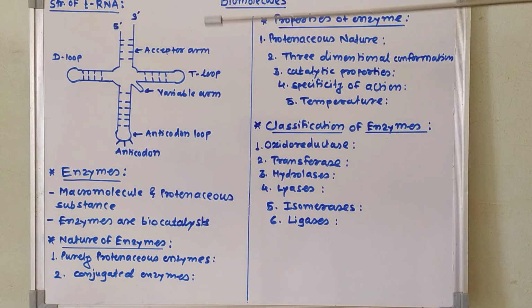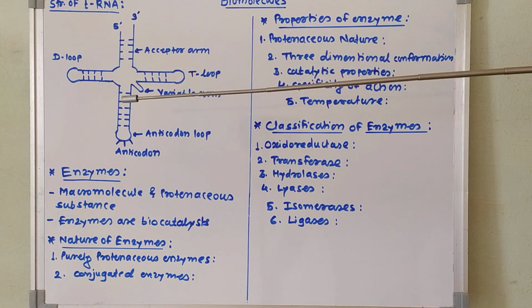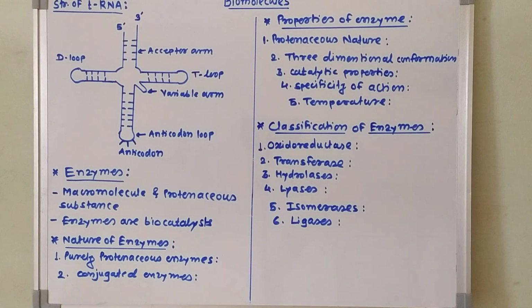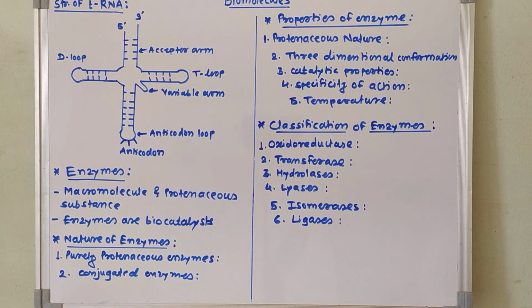This tRNA is about 10 to 20% of the total cellular RNA. This tRNA is also called sRNA because it cannot be easily separated even by the centrifugation technique. These are the points about the tRNA. Now, here we completed the nucleic acid, and the last point in the biomolecules,